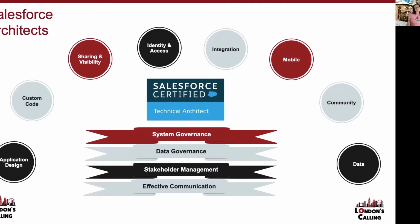And when I say leadership skills, I mean the ability to have sometimes potentially different conversations with different amounts of people, with different types of people. The way you communicate with a C-suite stakeholder might be different to the way that you communicate with perhaps an offshore developer or an onshore developer or a consultant. So stakeholder management is absolutely key,